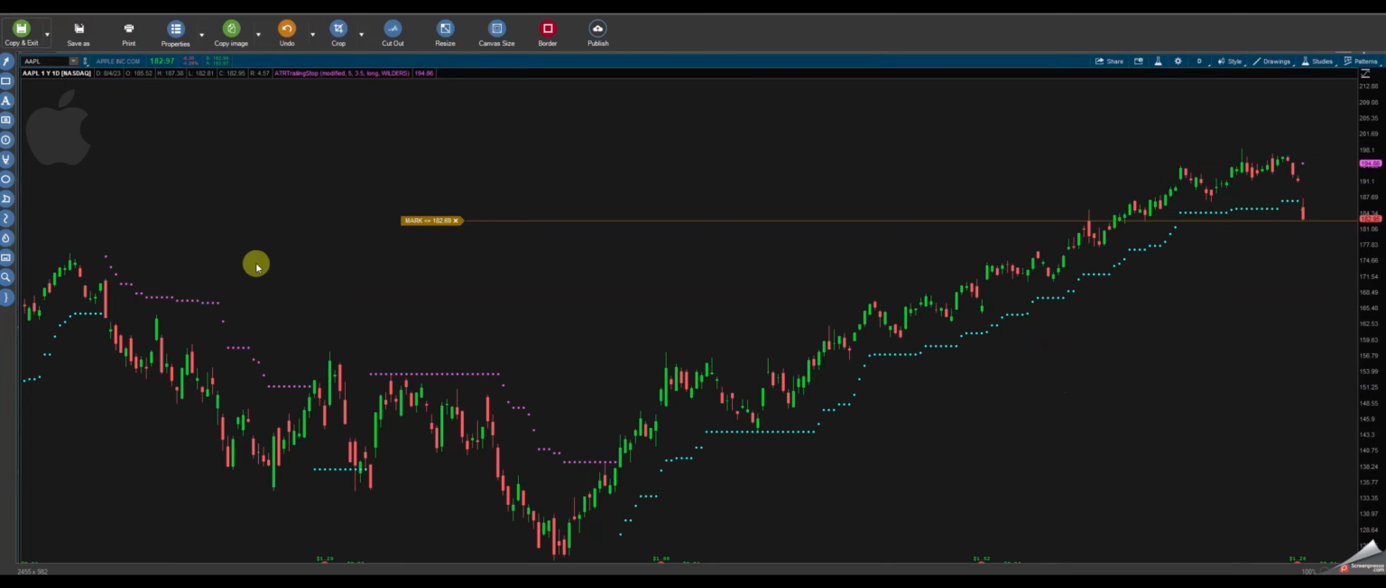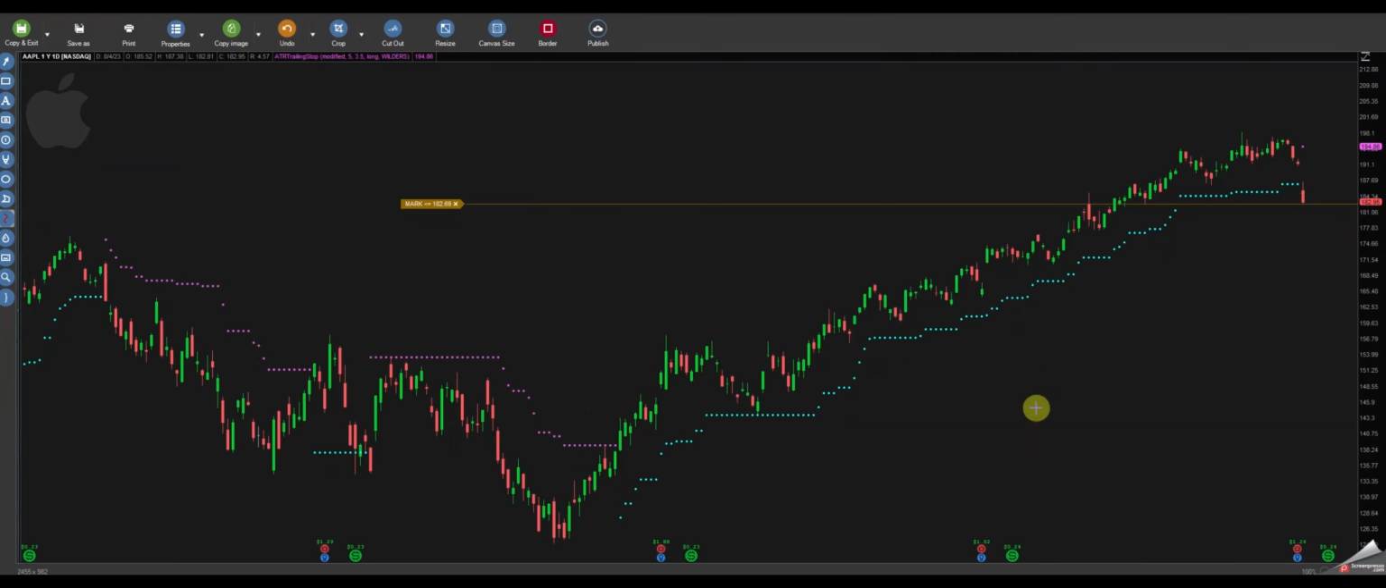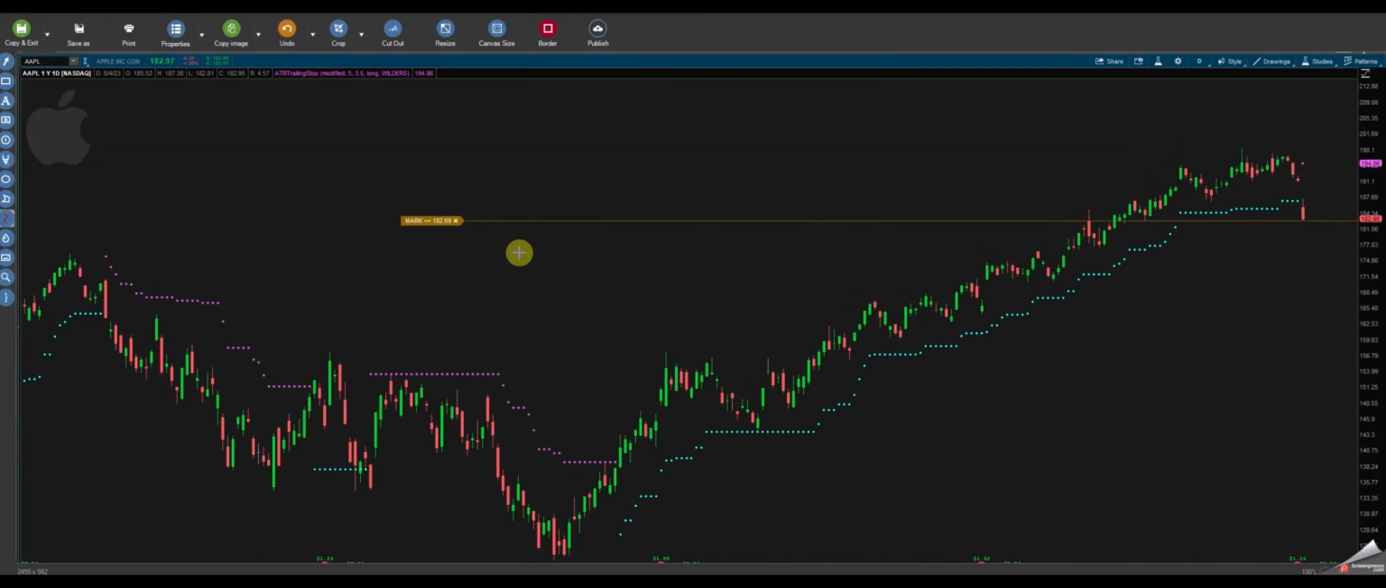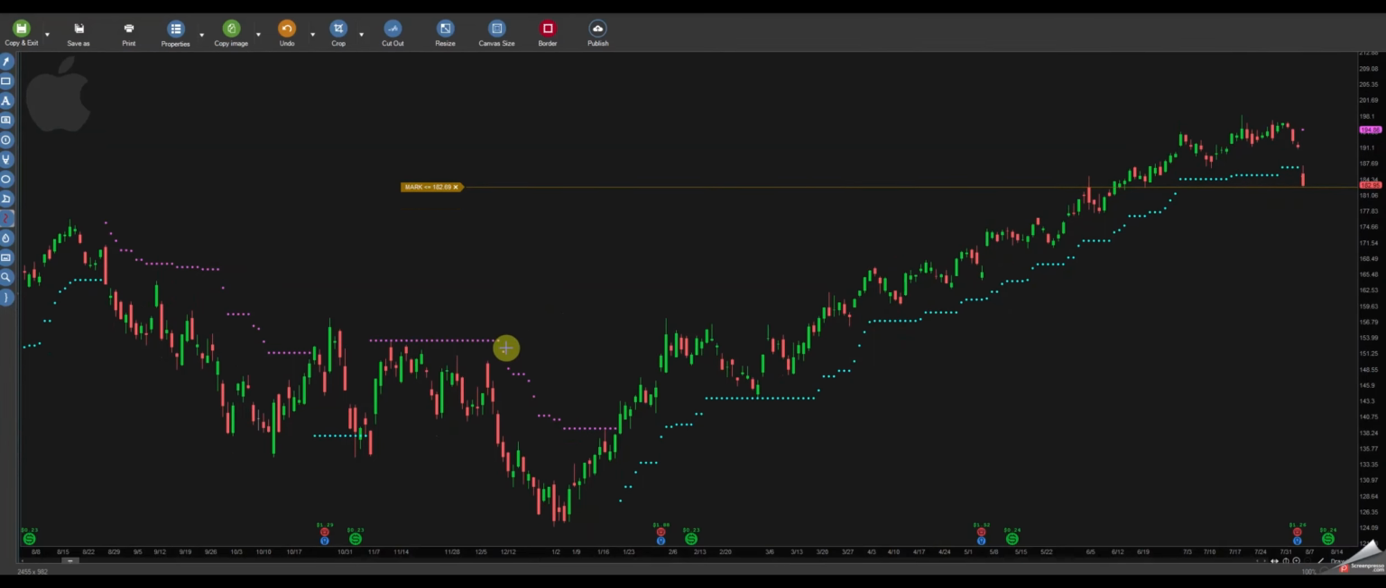So just very, very quickly, I'm going to show you kind of how I came up with this and the bones of these studies to kind of explain how it all works. What I have up in front of us is Apple's daily chart, and the study that's on is Thinkorswim's default ATR Trailing Stop study. So I didn't make any changes. This is exactly how it comes. And the way it works, it's pretty simple,